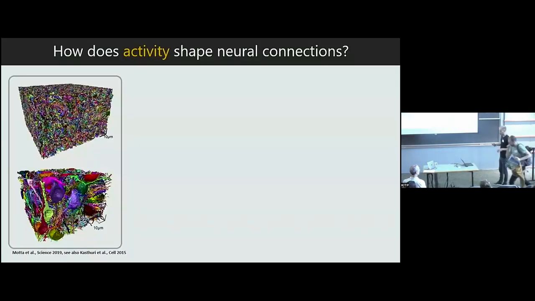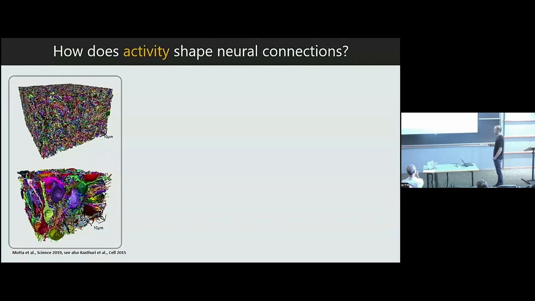Okay, let me first introduce briefly what we are doing more generally in the lab, what are the type of questions we are trying to address. So we are trying to understand how neuronal activity shapes neural connections in central circuits. So this is obviously a difficult question if you consider the complexity and the diversity of synaptic circuits, which I think is well illustrated here with this 3D reconstruction of a saturated volume of cortical circuits. So if you take individual neurons in such a crowded environment, they are probably surrounded by hundreds of different cells, but they make contacts and connections with only a fraction of them.